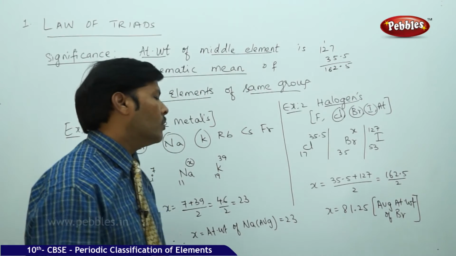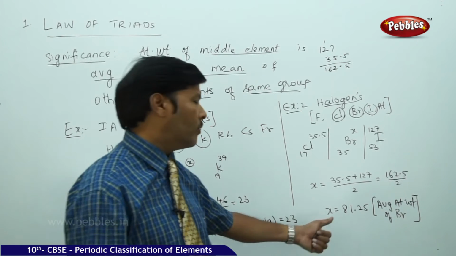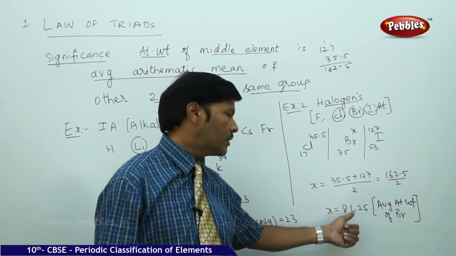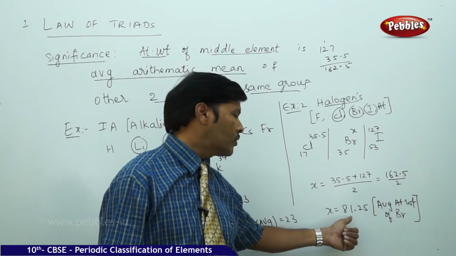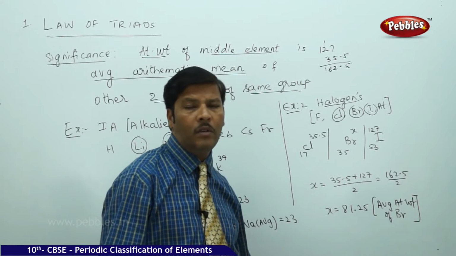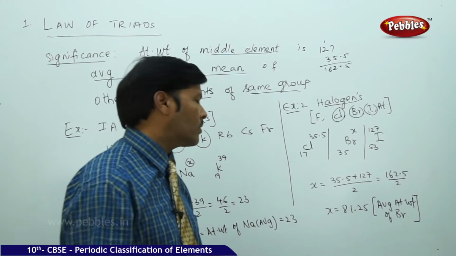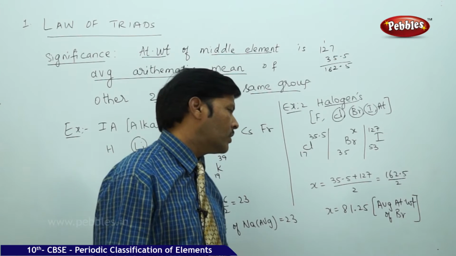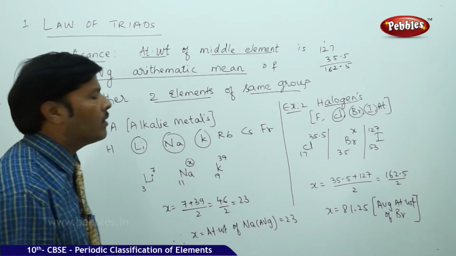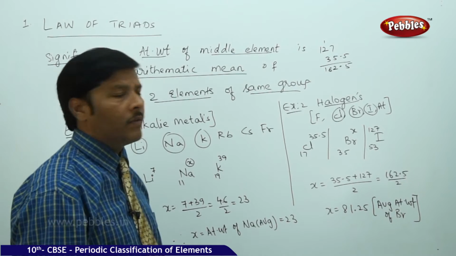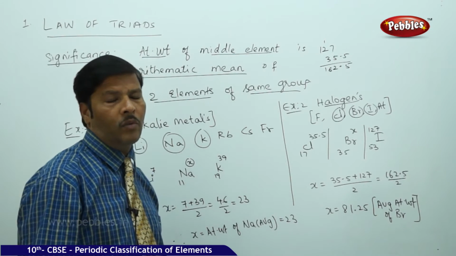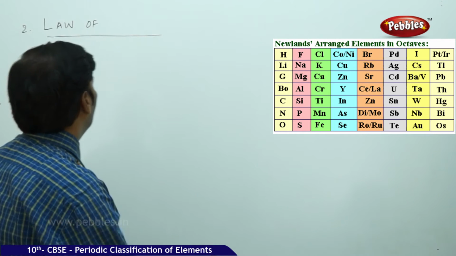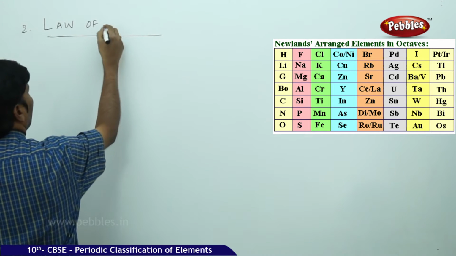So actually, numerically, the atomic weight of bromine is 80. But because we are saying average atomic weight, the value is very close to 80. That is 1.25 extra compared to the original value. But this is how we calculate the average atomic weight of the given elements from the triads of the same group. So the next part of the discussion is the law of